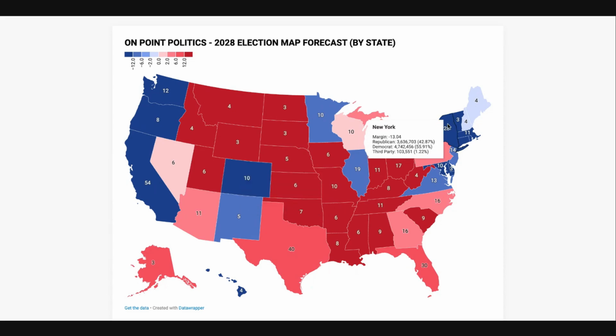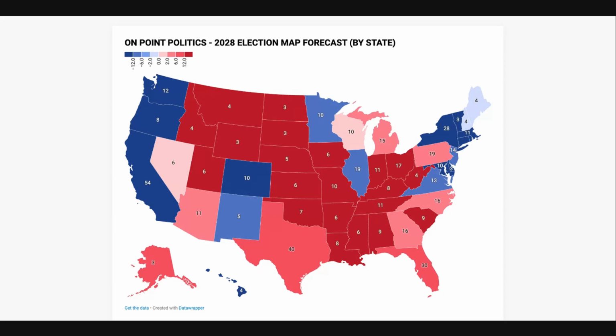In New York, a 13-point win, which is just a little bit of a shift away from the last election. In New York, actually, this is not really a big shift. The state only shifts about half a point to the left. And looking at the shift map, this is really because a lot of the suburban areas actually end up shifting left. A lot of the rural counties in New York actually end up shifting massively to the left, but some of these city areas kind of narrowly budge left, and some of the suburban areas and college towns.